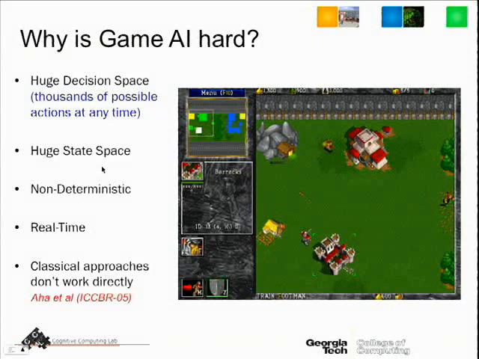Games are non-deterministic. If you're familiar with classical AI planning, for example, STRIPS, NOAH, et cetera, you have these operators that define what agents can do. They have a set of preconditions that trigger them and a set of postconditions, results that entail when you execute those operators. If you unlock a door, the door is then unlocked. Well, it turns out in game domains, you can't write postconditions, because what happens when you pursue a strategy depends on what the opponent is doing and a mass of other things that are not under your control. So it gets very, very complicated. The games are non-deterministic, and things happen in real time that you have to adapt to.